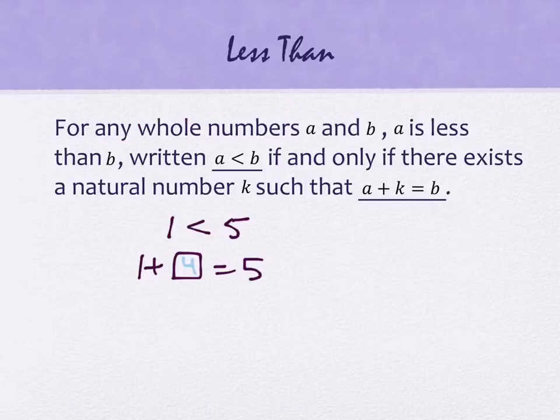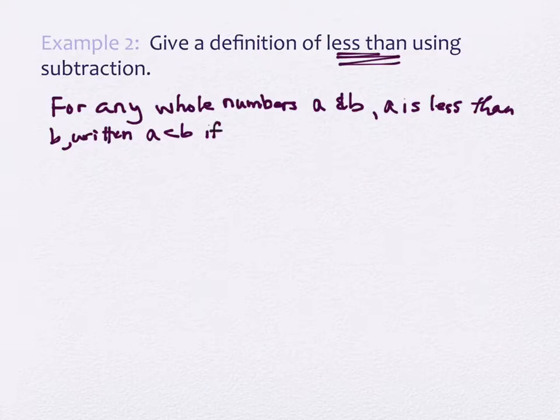The next part said if and only if. That doesn't change either. Okay? If and only if, there exists a natural number K. We're going to have that part there too. See, like this is not reinventing. Please don't reinvent the wheel. That is not your goal. Your goal is to make as minimal changes as you need to in order to say the different piece that it needs you to. Okay, so if and only if there exists